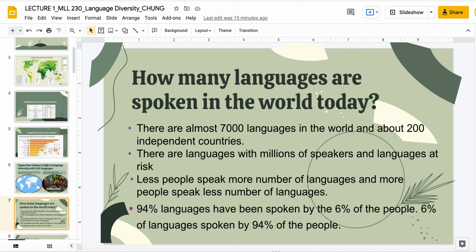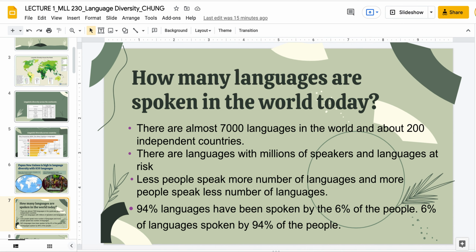If you've ever been to Africa, you know that a person living in Africa might speak 6, 7, 8 languages, depending on the area. And if you go somewhere where people are more monolingual, like the United States, it is more common that you'll see more people speak fewer languages.